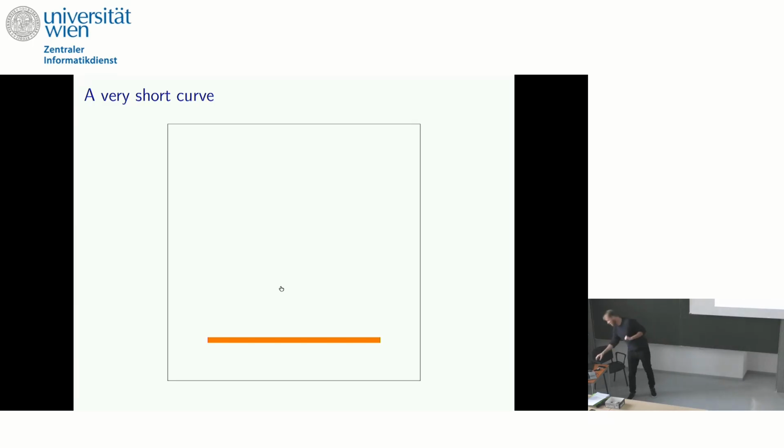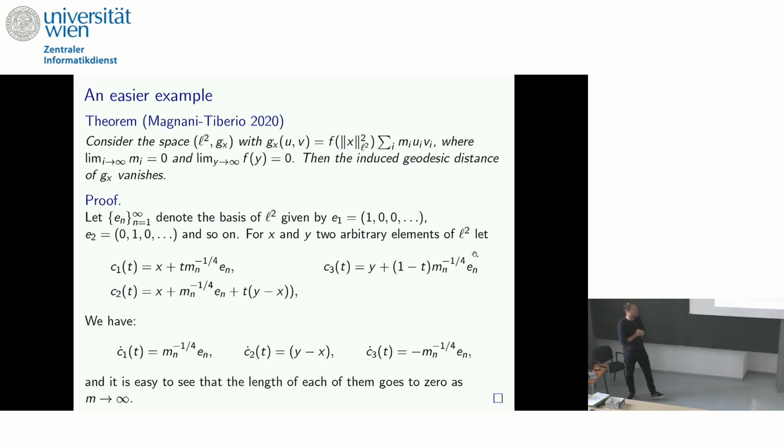Maybe not super clear, so let's try to do an easier example, where I can really explicitly convince you on one slide that there exist Riemannian metrics with vanishing geodesic distance. So we consider an even simpler infinite dimensional Riemannian manifold, namely the space of L2 sequences, and we equip it with a certain Riemannian metric. It's nice because this example really mirrors the behavior that we also see in the L2 metric on the space of curves. It's just separating it a little bit and makes everything easier.